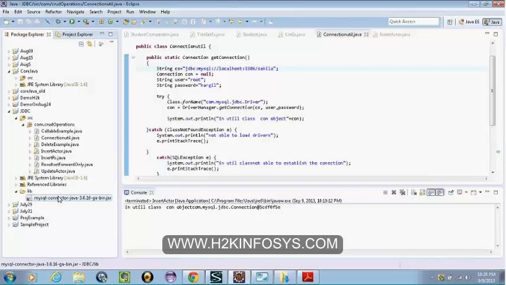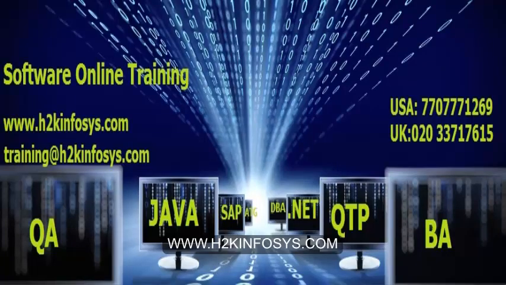It gives you no class def found error. Class not found is when the class is not found in the class path. You don't have it in the project build path, let's say. You get class not found exception. And you have that dot class file, but it's not able to understand what is there inside. It throws no class def found error.